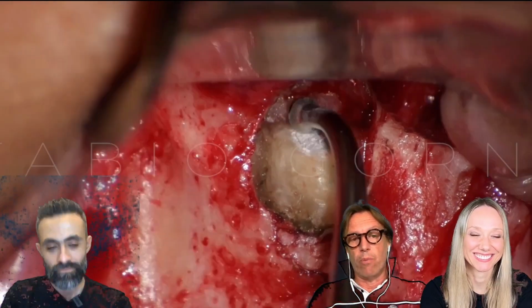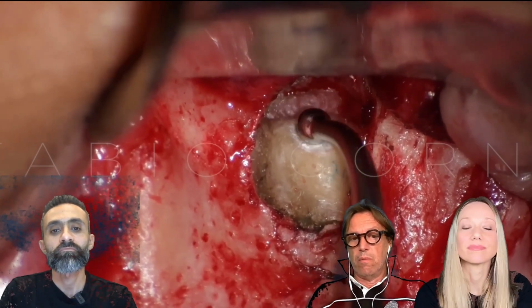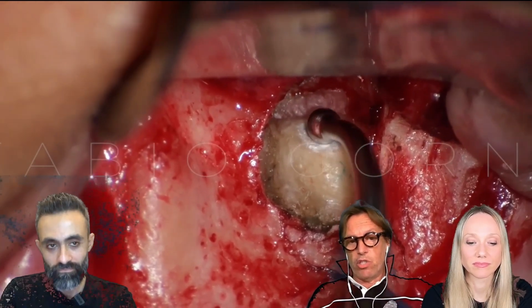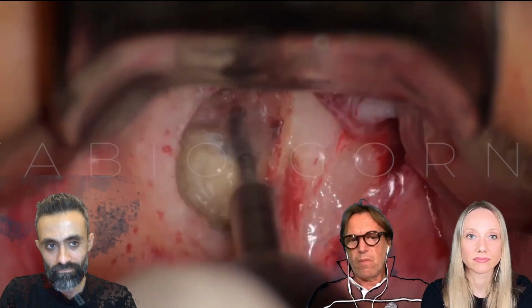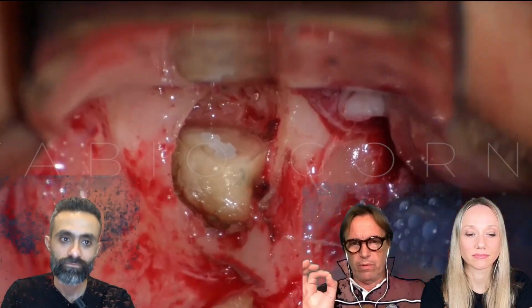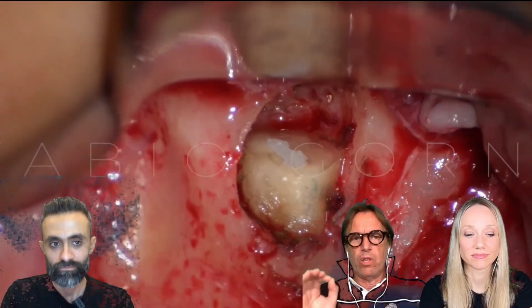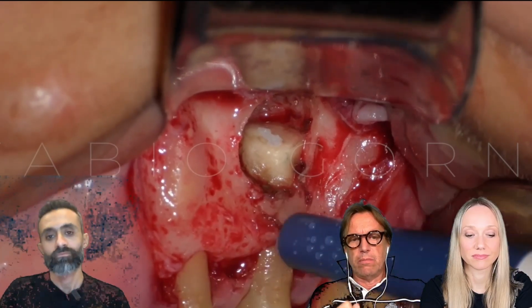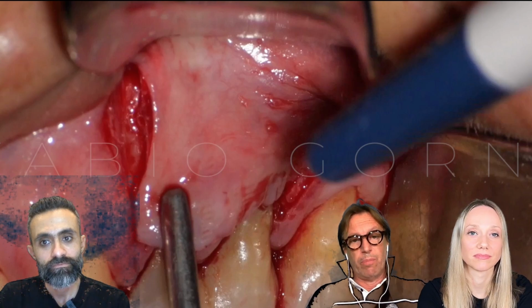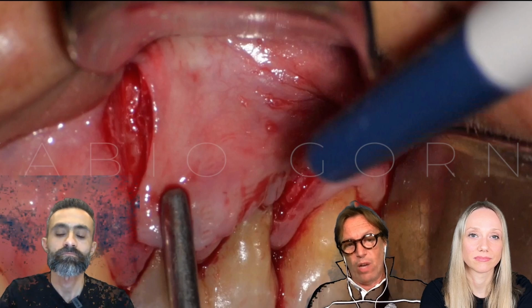It's much easier to use Super EBA compared to other materials. For example, in this case the bleeding control is perfect, but not all the time is it possible to reach this kind of control, and when it's not possible, just a drop of blood and we are in trouble using bioceramic putty or MTA, and sometimes we have to restart the surgery completely from the beginning.